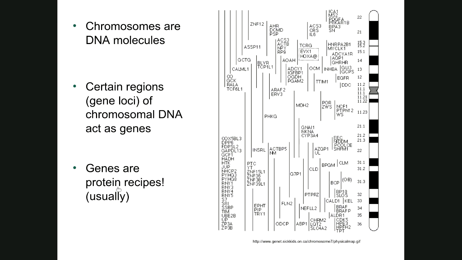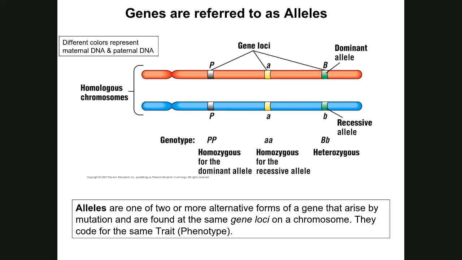So what the cell will do is go back and look at its genetic information. It'll find the chromosome that has the gene loci containing the gene that it needs, so that it can cook up the protein, or express that recipe, and make the protein. So now it has what it needs to do the work. So then, as if that wasn't complicated enough, they started referring to genes. As they became more and more familiar with genes, they started to find out, well, when you do a karyotype,